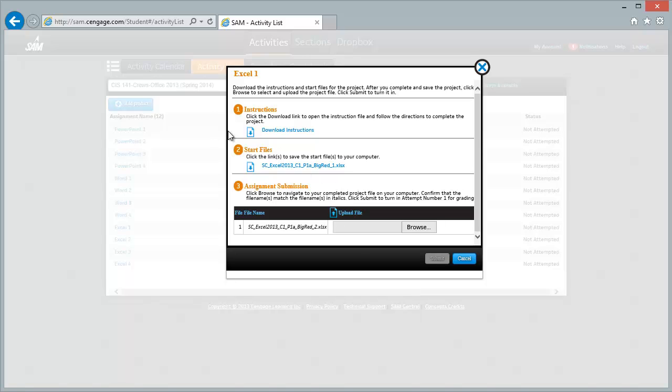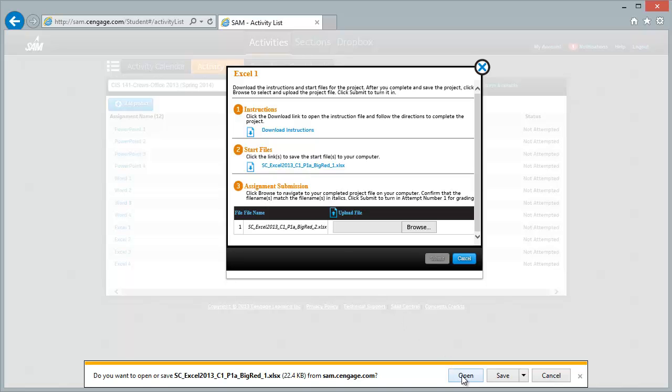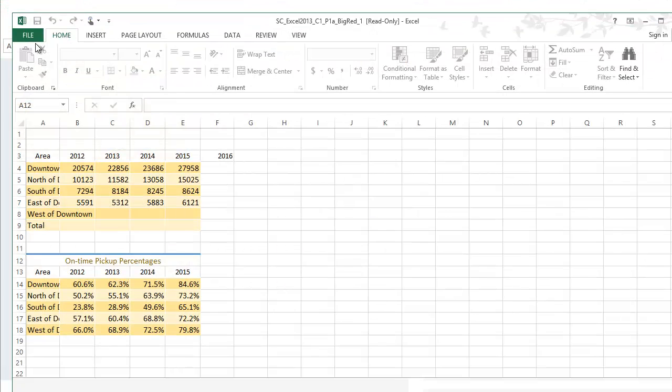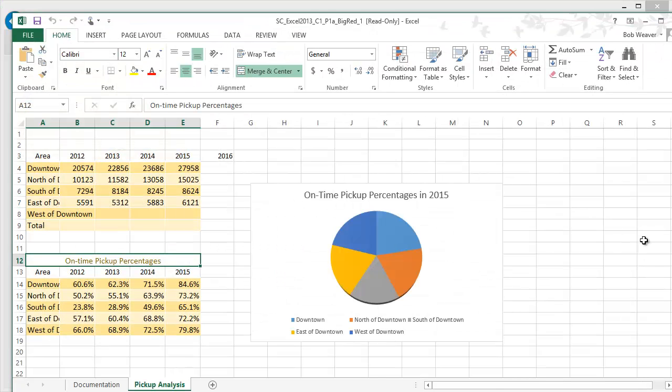Going back to the web browser, I also have to get number 2, the start file. And this is an Excel file because I'm working on Excel. And again, I will say open and it will pull up Excel for me. And I will say enable editing, which will make the ribbon active. And I can see my start file. The name of this file is sc_excel 2013 C1 P1A your name. In this case, Big Red is the sample I'm using, but you have your name there,